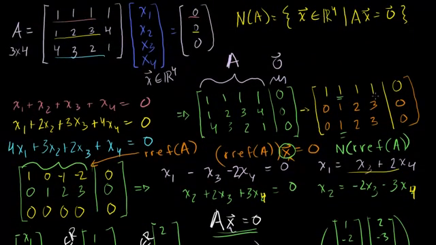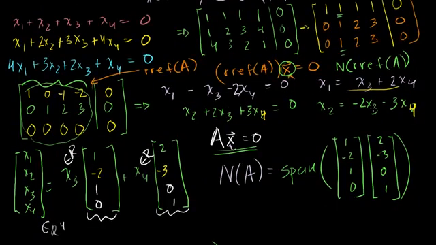Because we didn't even have to write a big augmented matrix here. We could just say, okay, take our matrix A, put it in reduced row echelon form, and then figure out its null space. So we would have gone straight to this point right here. This is the reduced row echelon form of A. And then I could have immediately solved these equations, right? I would have just taken the matrix-vector product of the reduced row echelon form of A with this vector, and I would have gotten these equations. Then I can just rewrite them in this form, and I would have gotten our result. But anyway, hopefully you found that reasonably